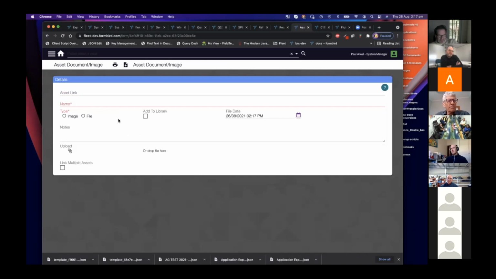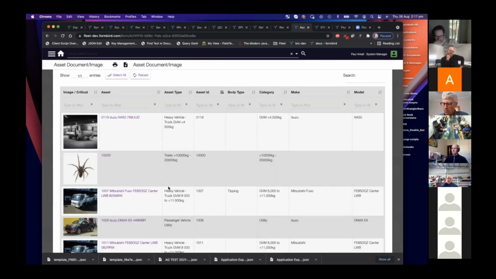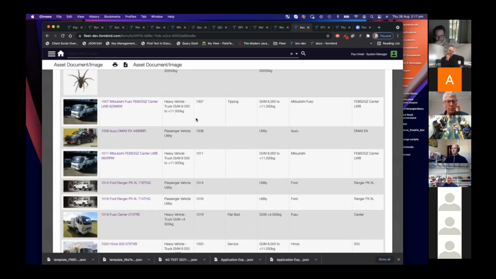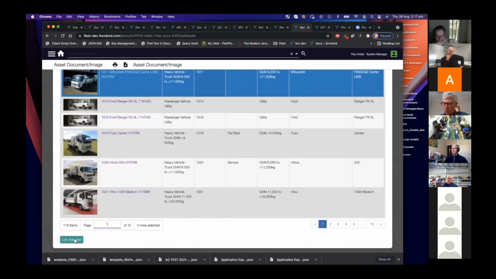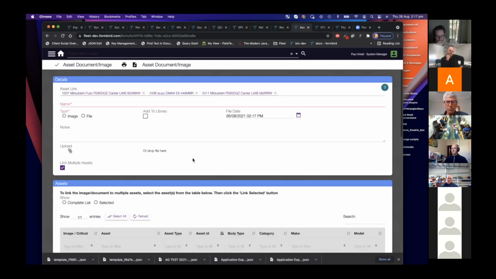You give it a name and a type and the option to add to the library, so it can be linked to the asset, added to the library, or both. And there's a selector for multiple assets if you need to link to multiple. So you can do something like that and then link, and it creates links to all of these assets. And I can add it to the library